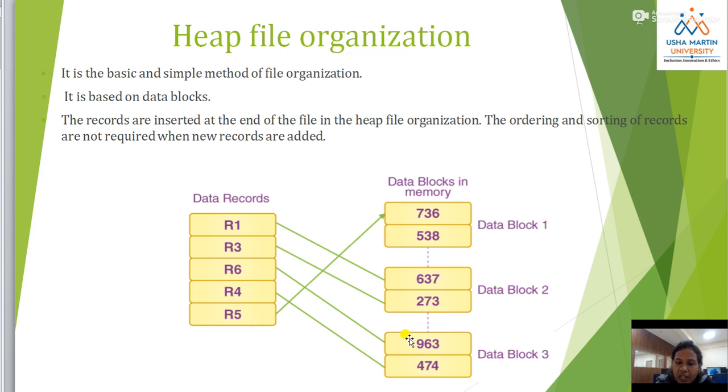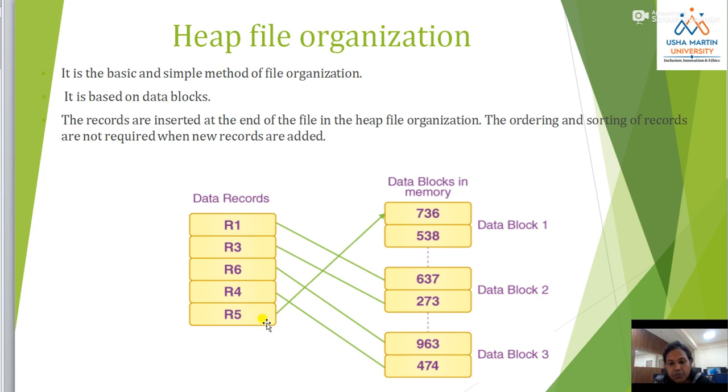How do we store? The question arises: initially we store a file in the block, no issues, but if many new files are coming, how do we arrange the files in the block? What is the procedure of arranging? It is a very simple method, as the name suggests, a basic and simple method for organization. Here we simply insert the file at the end of the block. Directly, no confusion.